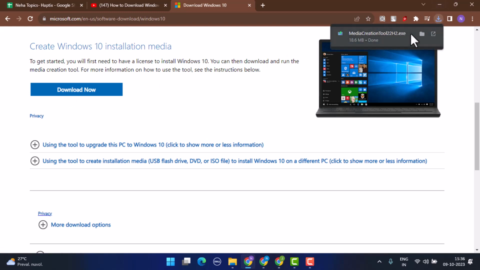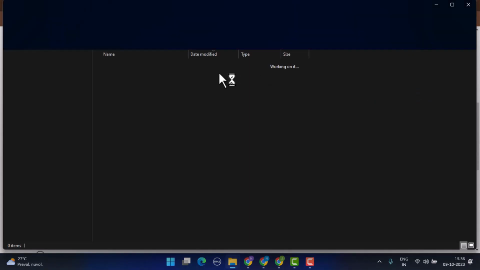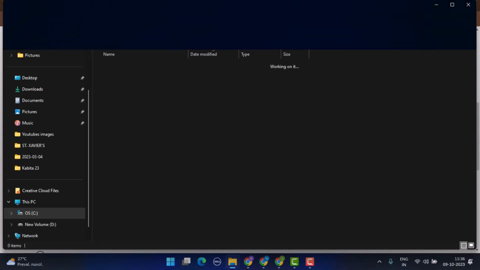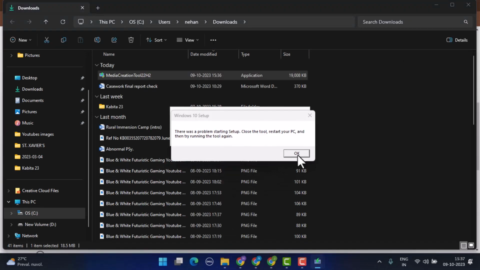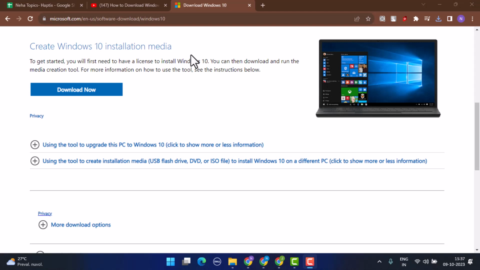So just go ahead and open up the file, double click on it in order to open it, and click on the yes button. Now all you have to do is just go ahead and follow the prompts. So basically what happens is that you'll be asked to create an account, select your country and region, and lastly you'll be asked to select a file location. So this is all you have to do, and that is basically how you can download the Windows operating system